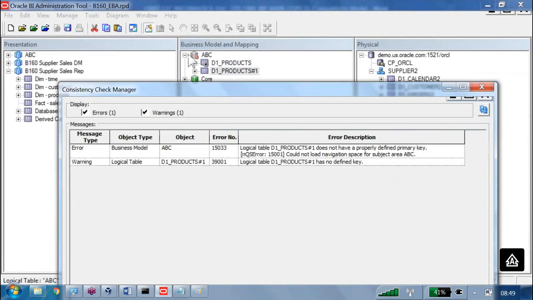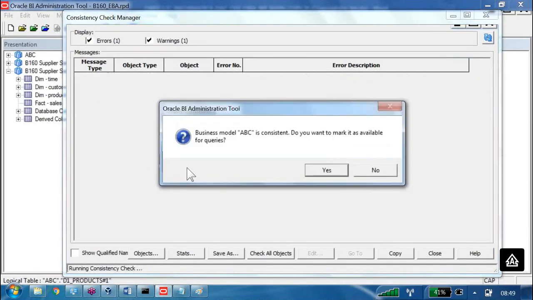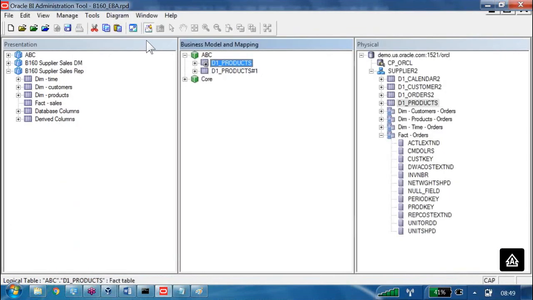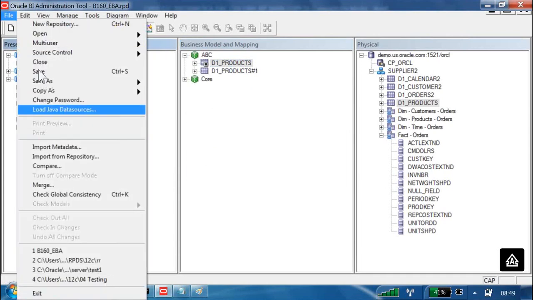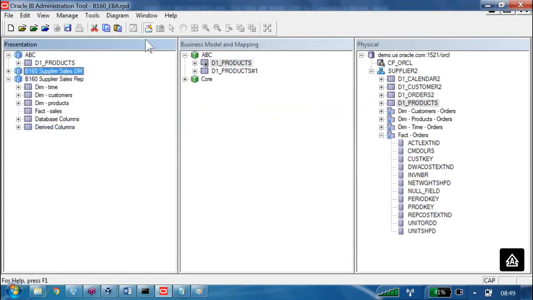Okay. Now go and check all objects here. Now what is it saying? It is consistent. That means using only one table, I can provide for the reporting. If you don't want this duplicate here, you can delete it. You take this table only for the purpose of overcoming the issue. Really I have no idea of developing reports from this duplicate table. To overcome the error, I am creating the duplication. Got it? Okay. That is the one solution.